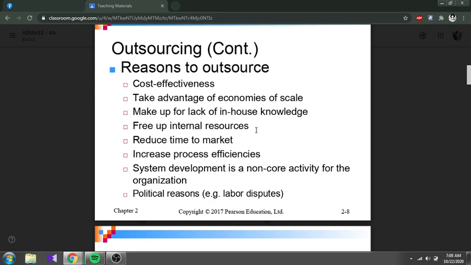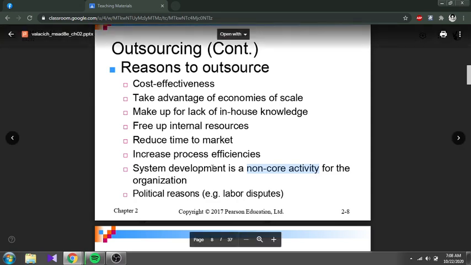And reduce time to market. Maybe for the marketing you can outsource, you just make the production je. Contohlah company tu, this one is not a core activity for that company. Dia just buat production. Contoh you just buat barang, you manufacture the things here. So that for the marketing, we give to others, macam event management lah. Ada orang tolong buatkan event kita kan. So that kind of process lah.